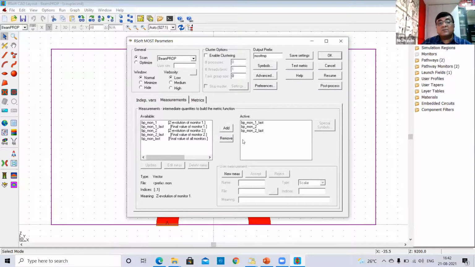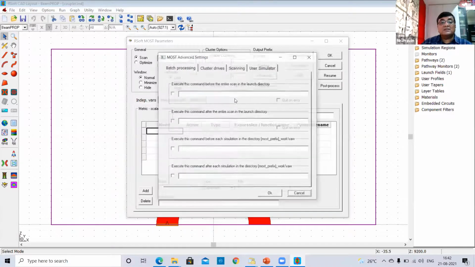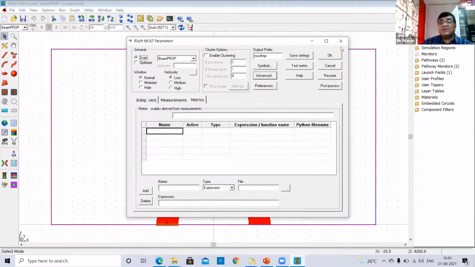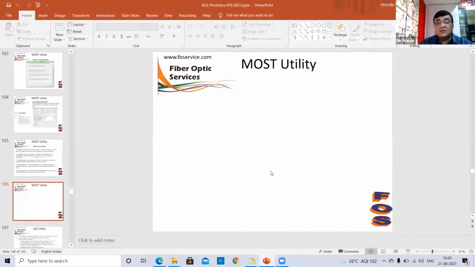Then you can select what measurements you want to have, and you can also define various metrics. Then you have the advanced post-processing equations which you can write over here. Standard libraries are available in RSoft tools which you can use. I will not simulate this. Rather, I will quickly run through the different utilities since we don't have time.